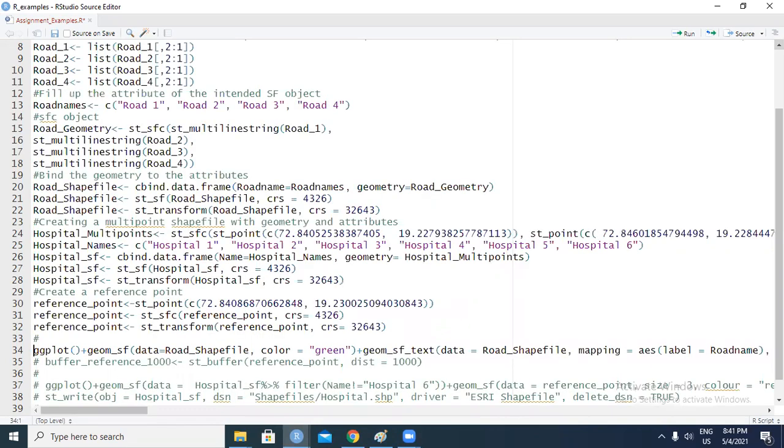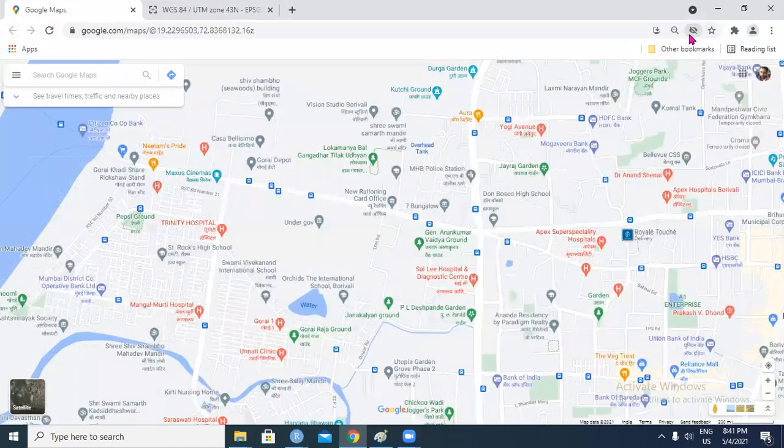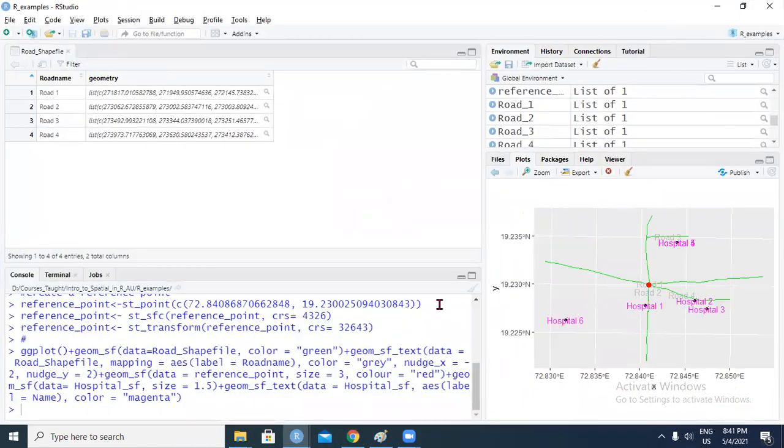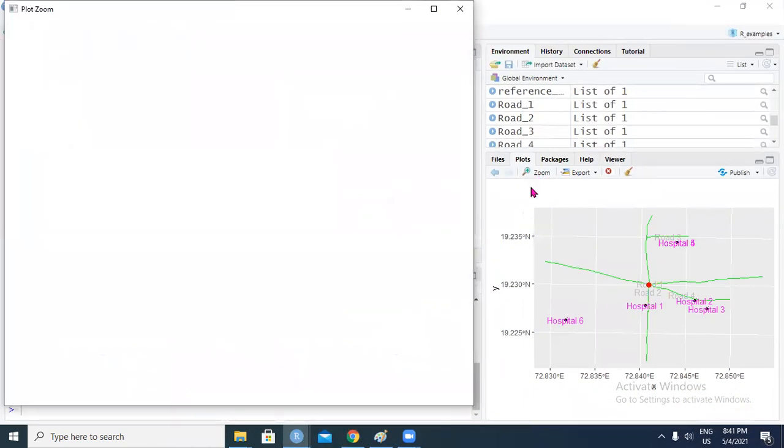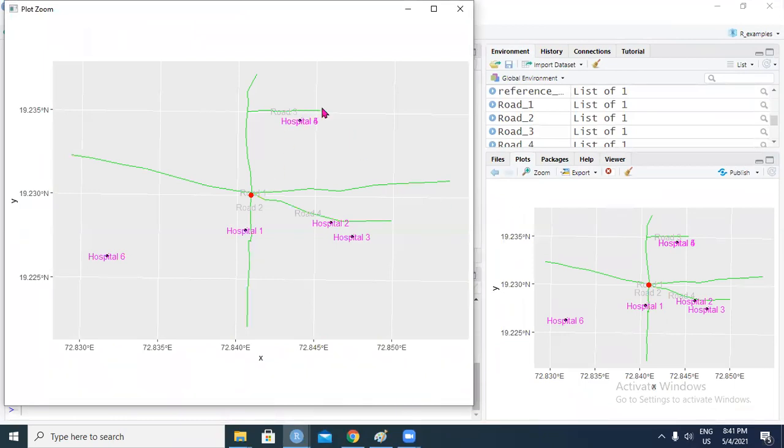So let's plot this and see all the features that we have collected so far. Okay, so here we see it. We see the road, which I have given gray so that you can still see the road.